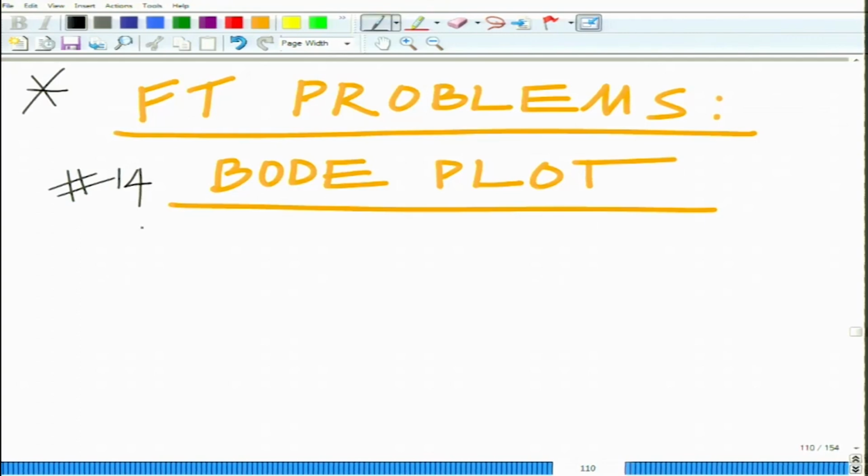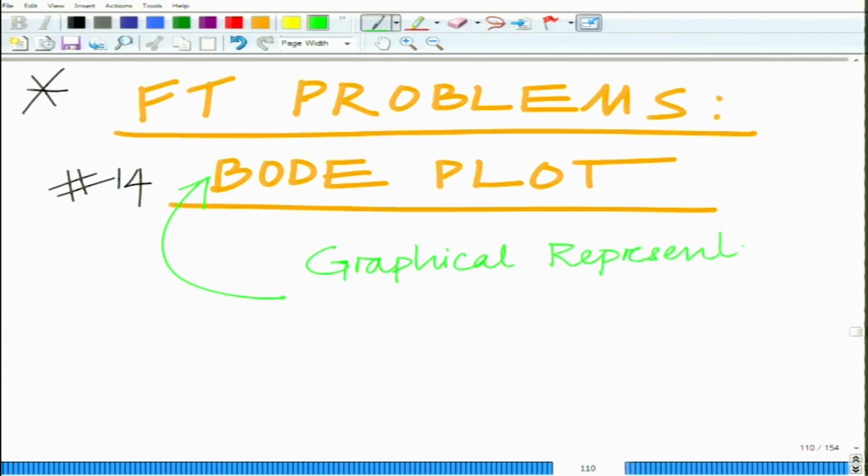And what the Bode plot does for us, remember, it gives us a graphical representation